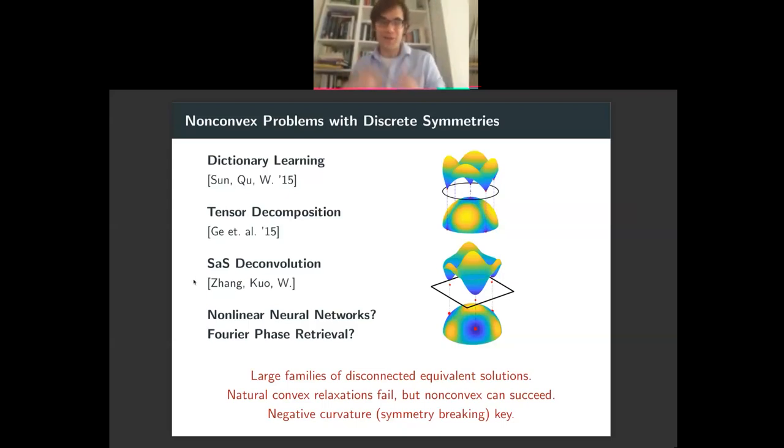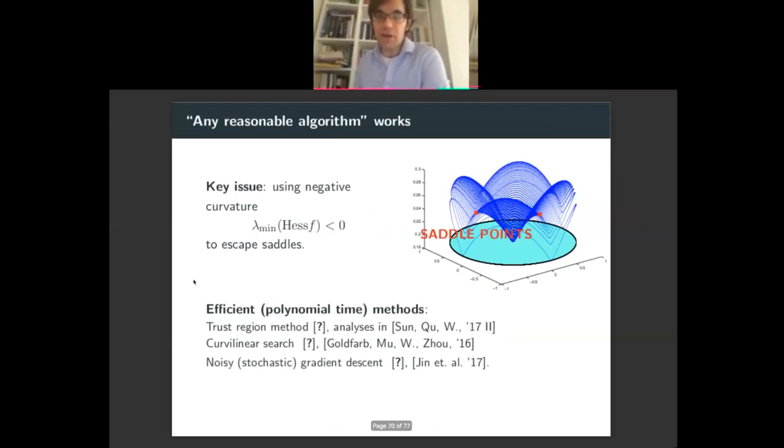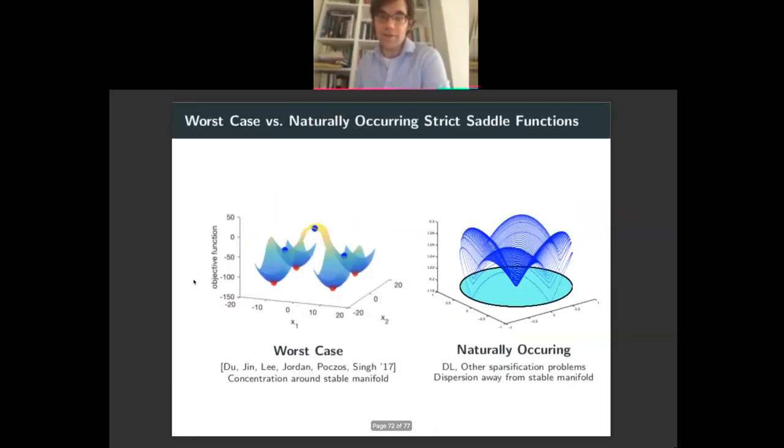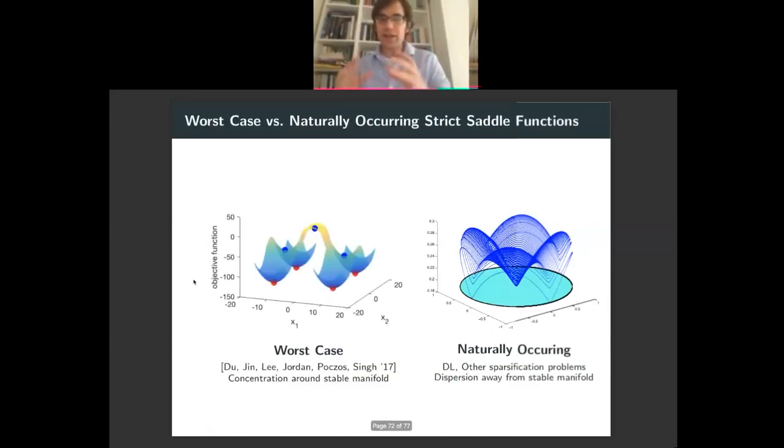So these are the problems where we really, really need to be non-convex, and we need better understanding of what's going on. Okay, then a final issue that I don't have a great deal of time to talk about is maybe the interest to Yang and to a lot of people in the room: what are the implications for methods? At a high level, any reasonable method works once you have good geometry, but there is an interesting cut around the behavior of randomly initialized gradient descent.